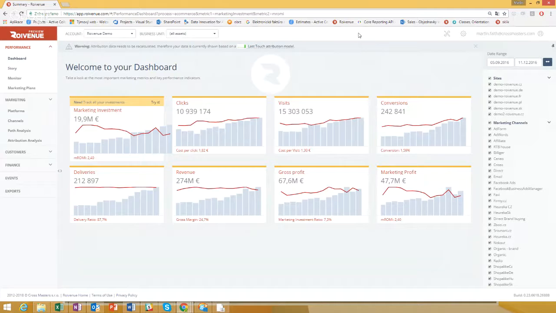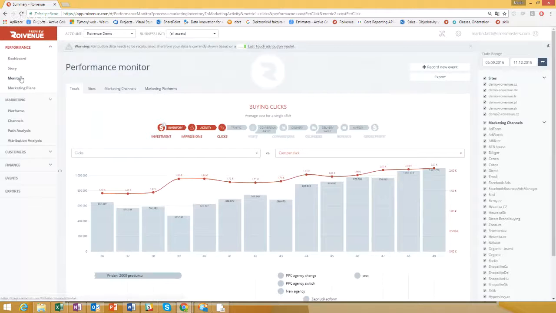conversion journey. Each of these tiles is static. That means that we cannot change what type of data is displayed on its column and line chart. To customize it, we can click on one of these tiles, and we are taken to Performance Monitor, which will be displaying the part of the journey which was on the tile we selected before. So we can go for clicks, for example, and we are taken to Performance Monitor, displaying the path from investment